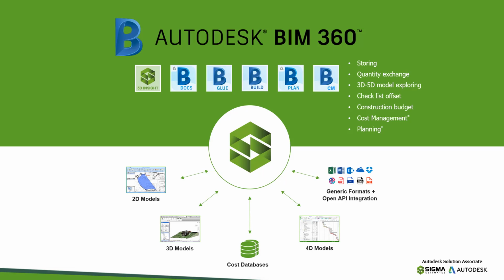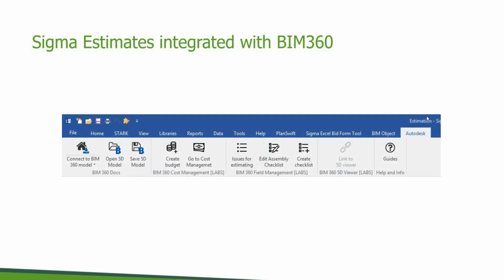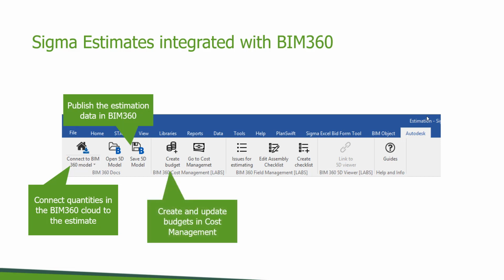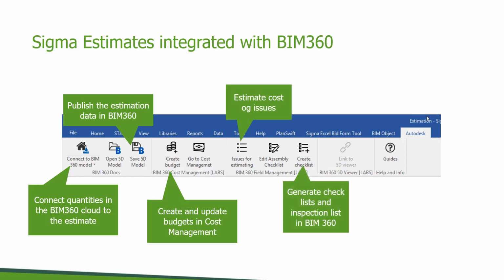This video demonstrates how Sigma Estimates takes advantage of true estimating and the BIM 360 platform to connect it all. Sigma Estimates also connects with Revit, 2D takeoff and 4D planning software, as well as price books in many regions. The integration to BIM 360 is easy to use from within the Sigma application and includes connecting directly to quantities from 3D models in the BIM 360 platform, publishing the estimation data back into BIM 360, creating and updating budgets and cost management, estimating issues created in BIM 360, creating checklists and inspection lists directly from the estimate to BIM